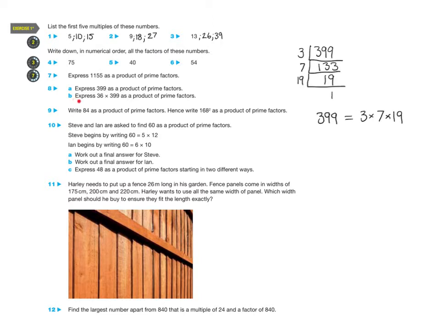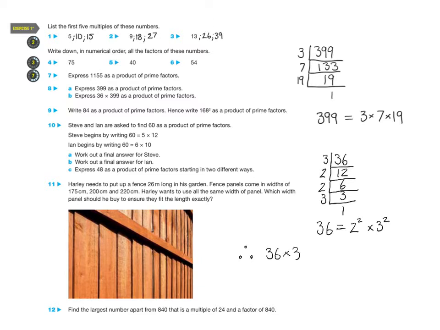Now the next question is quite interesting because it is express 36 times 399 as a product of its prime factors. So this is what we do. We take 36 and let's divide it by 3, and that'll give us 12. And let's divide, I'm going to divide by 2, it's always easier, so that gives me 6. Divide by 2, that gives me 3 and 3 and 1. So 36 is going to be 2 squared times 3 squared, which means